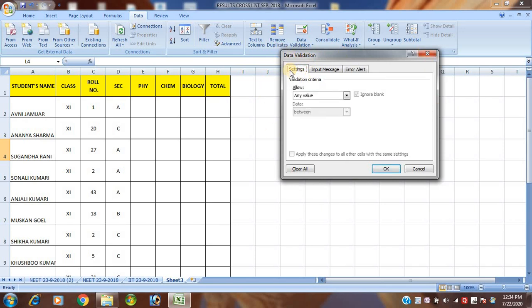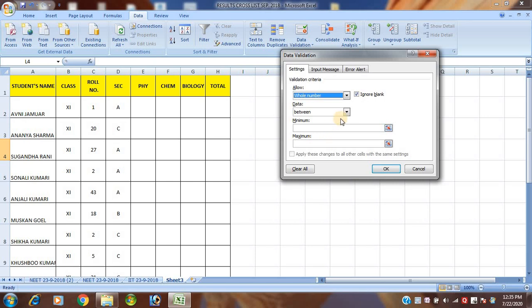In the data validation box, 3 tabs are displayed: Settings, Input Message, Error Alert. In Settings, in the Allow column, from the drop down menu, choose Whole number, because physics, chemistry, biology are all whole numbers.